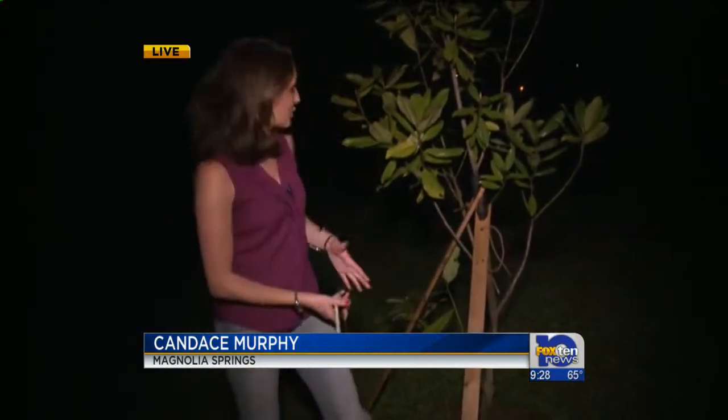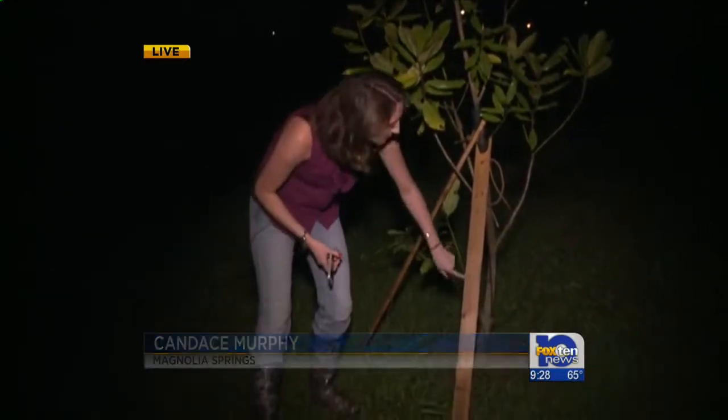Now, Hughes says there were a lot of cars pulled over near Magnolia River because of the flash flooding. A lot of people just didn't feel comfortable driving in it. And if you were out and about at that time, you know it was pouring down this afternoon. Now, this yard is looking much better. This tree actually was underwater. The water came up to about right here earlier today, so it's definitely receding,